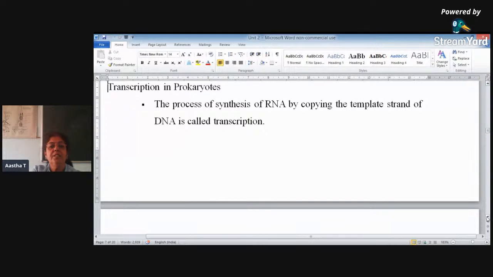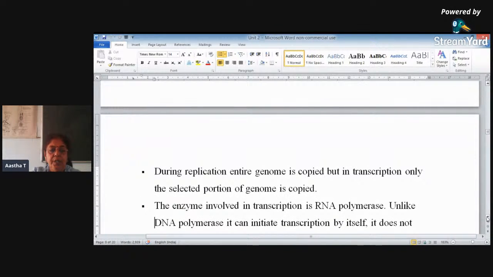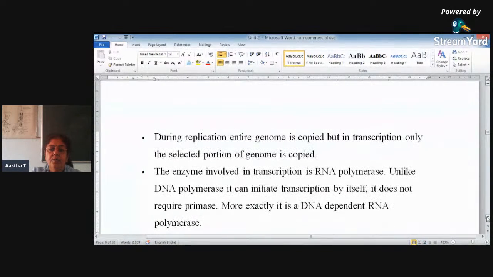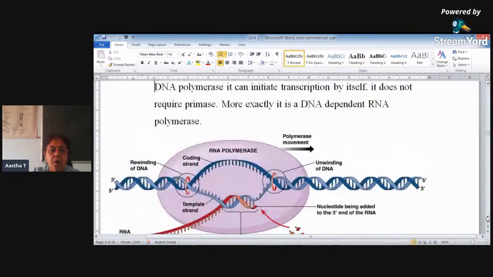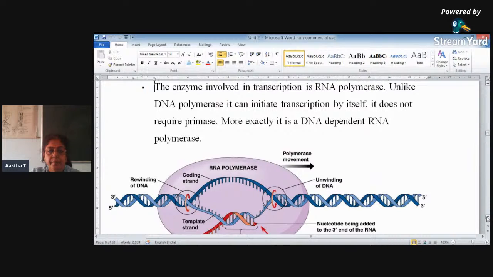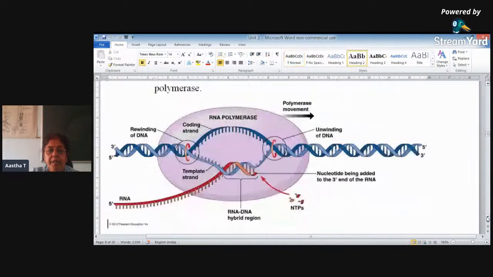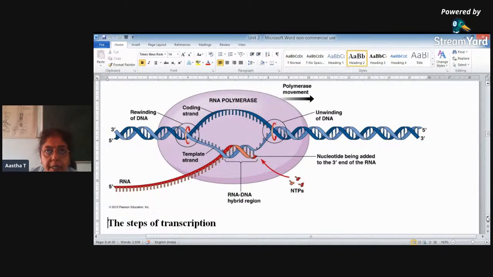The process of synthesis of RNA by copying it from the DNA template is known as transcription. During replication, the entire genome is copied, but in transcription, only a selected portion of the genome is copied. So here primase will not be required because RNA polymerase has, तो इथे DNA polymerase involved नाही आहे. DNA dependent RNA polymerase असतो, म्हणून तुला डायरेक्टली तो